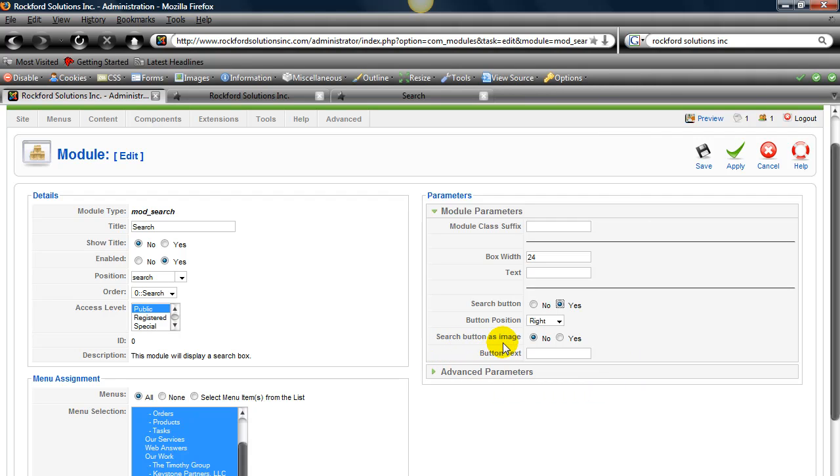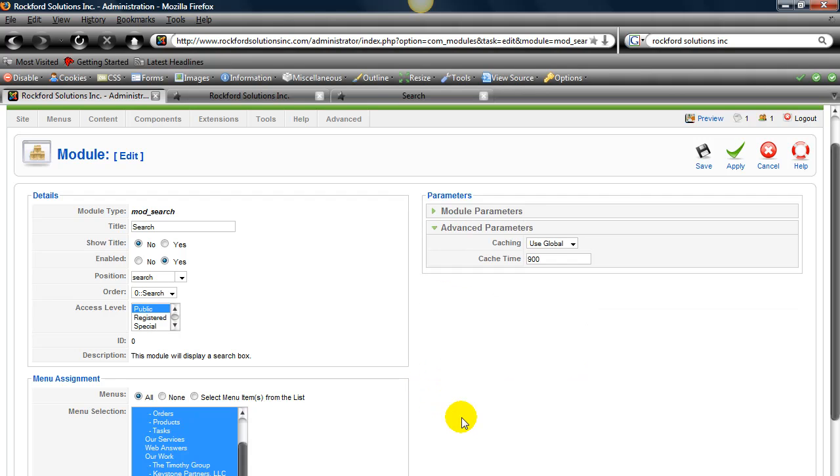And then this here, search button as an image. Essentially what that is you can have your own image for the button if you like. If you look right here, specifically Joomla tells you what folder the image needs to be in and what the image needs to be called. So they're saying it needs to be search button .gif. And then button text. What text do you want the button to have? Now I know that the default text for the button is search, and it seems to me that having it say search in the text field and search in the button field is kind of dumb, so why don't we just say go? I think that will work. And then the advanced parameters for this one are just based on caching, and we're not going to worry about that. So it looks like everything is a go, and we're going to hit save